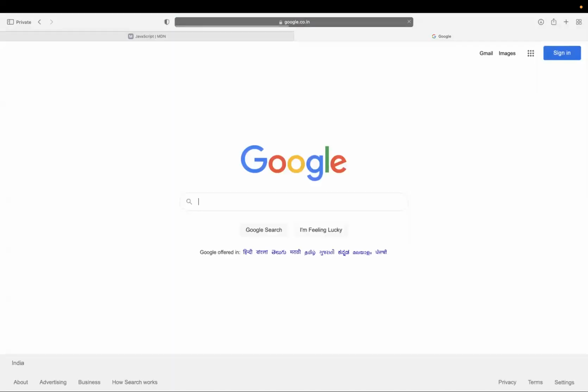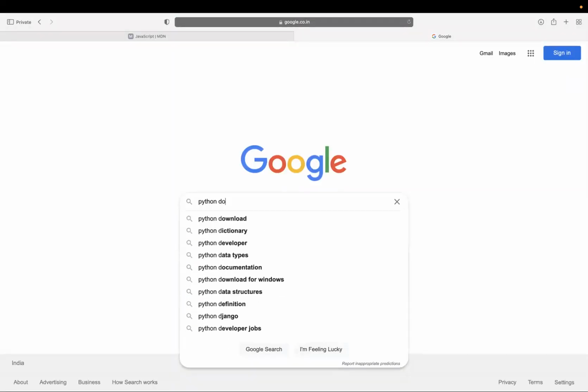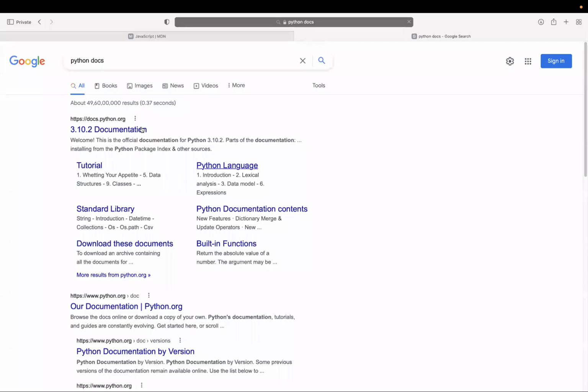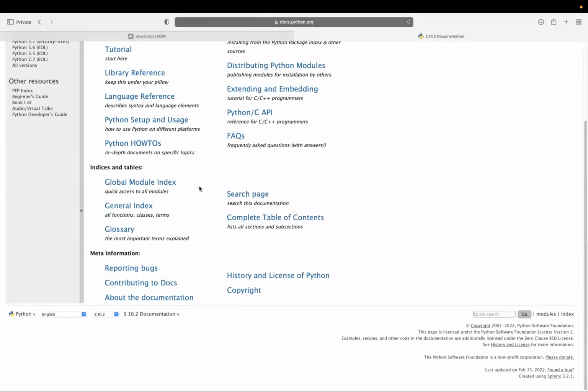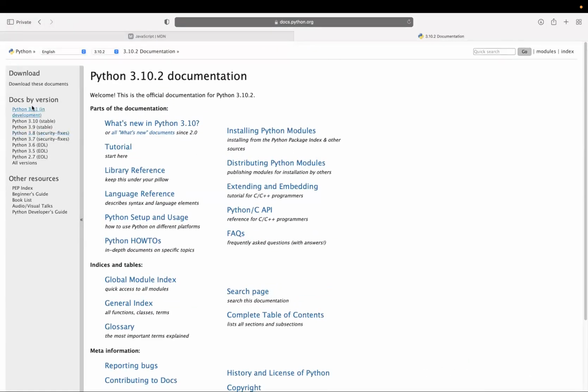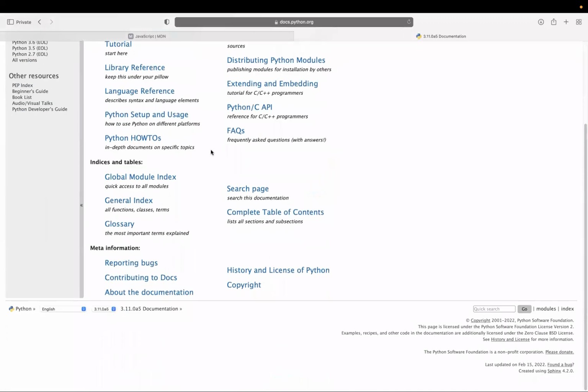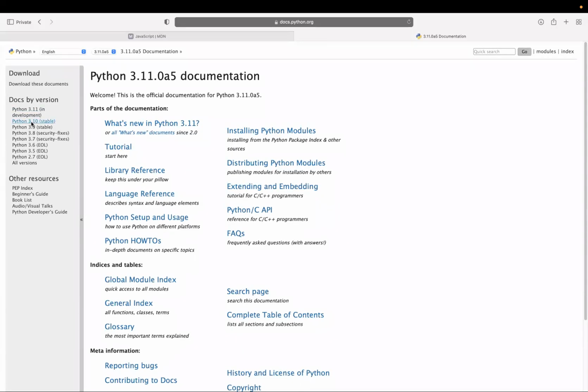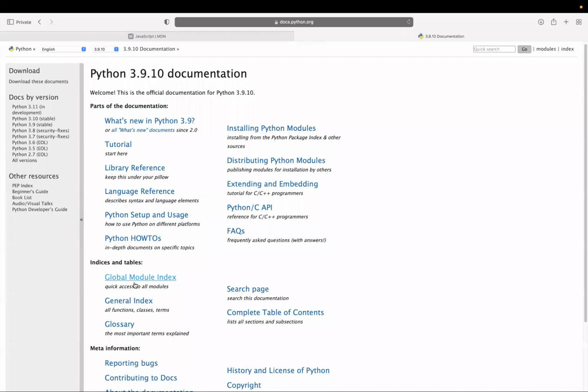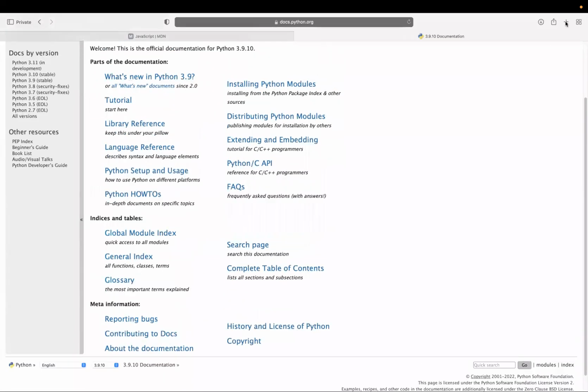If I go to Google and write Python docs, this will give you the documentation of Python. Whenever the Python version updates, the documentation is also released for that update. So you can see that 3.10 has different documentation, 3.9 has different documentation. If I go to another one, if I write